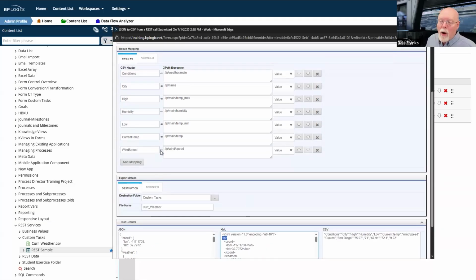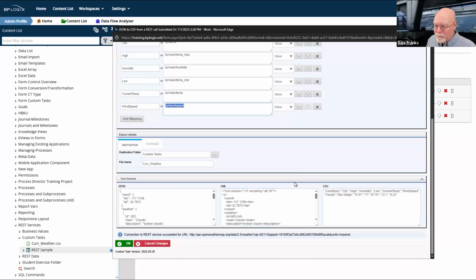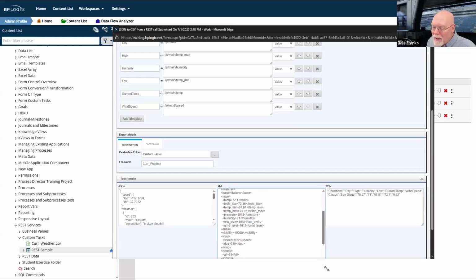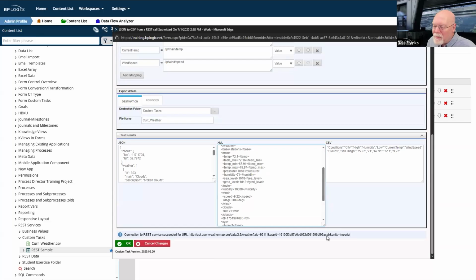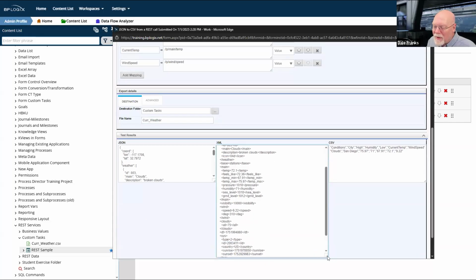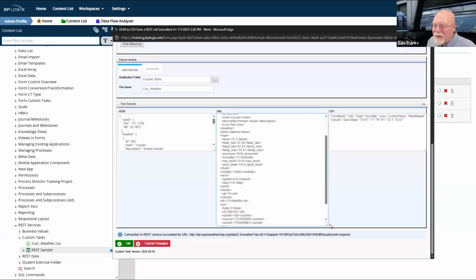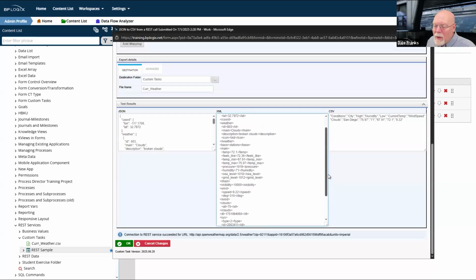So what we'll do is to find the wind speed, as we have here, we'll have to, let's keep both of these up. Let me go down to find the wind speed. There we go. So there's wind right there. Well, I've gone too far. You know what? Let's make this a little bigger. Let's make it way bigger since we have the ability to do that, because I want to be able to see everything all at one time.